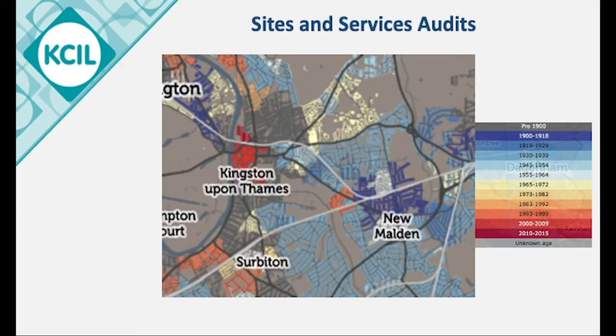Kingston, like the majority of the country, has a wealth of older buildings. It's part of our local identity, something we're proud of, but having a historic town centre does come with hurdles. On the screen now is an aerial map created using data from the most recent census. It has been color-coded to show the average age of buildings within the borough. The majority of the map is shaded in grey and blue, aside from a small red section near the centre